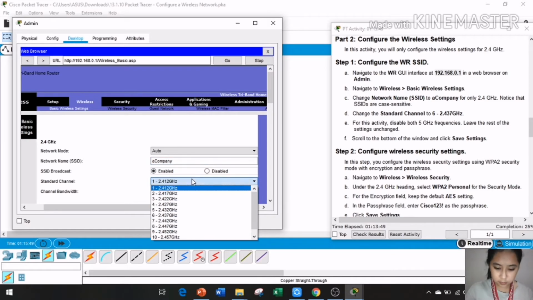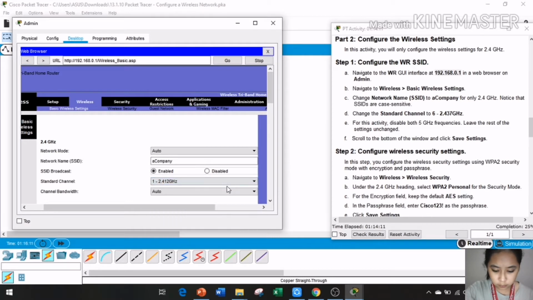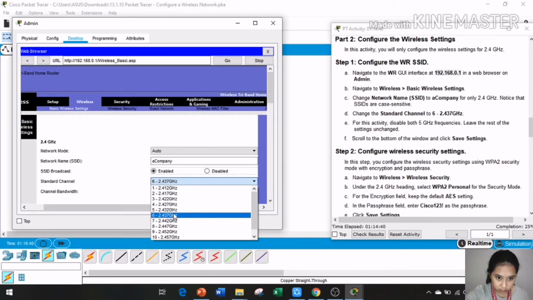For only 2.4 GHz. Six, 2.437 GHz. So change the standard channel to 6 - 2.437 GHz. So this is